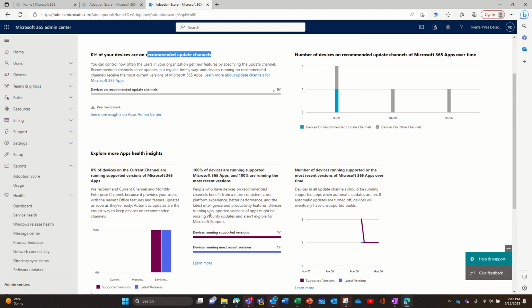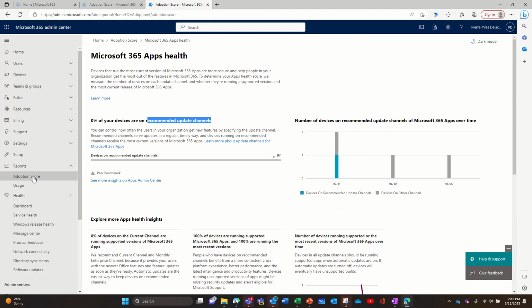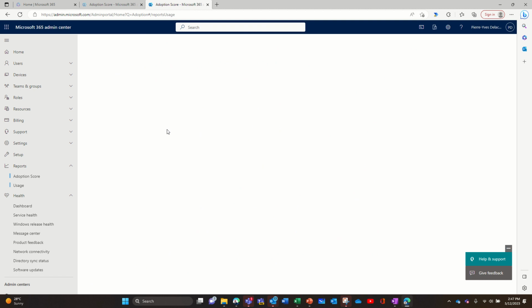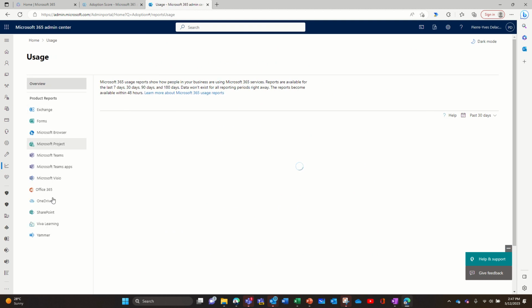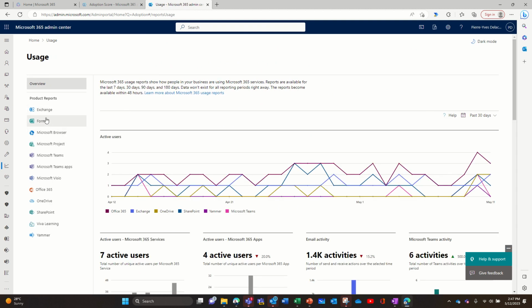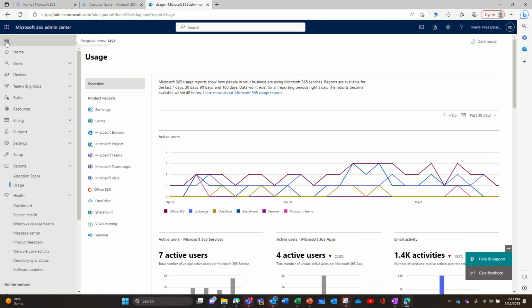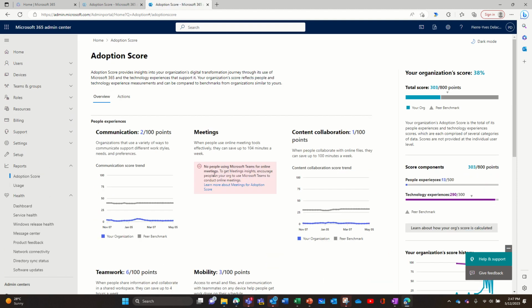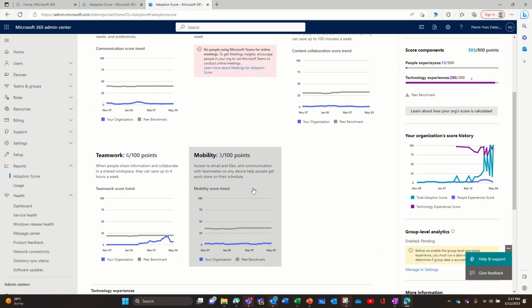So that's more details. So check the adoption score. Obviously, you probably already know the usage score where you can look at each application and see how it's consumed. But the adoption score is definitely, to me, very powerful to measure adoption and see where you need a boost. And there are now tools that can put some ads within Office applications, Word, Excel, PowerPoint, and Outlook, to show a message directly using those tools.